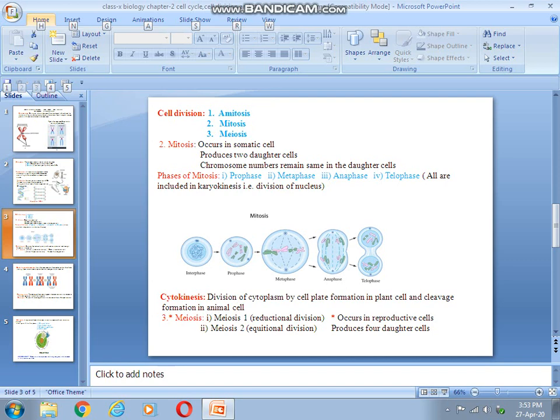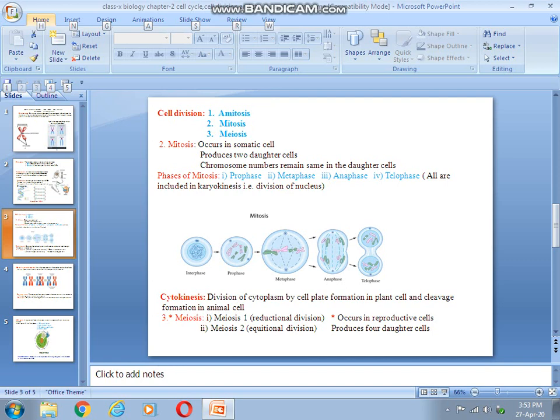Now, what is the occurrence of mitosis? Mitosis occurs in somatic cells. Another name of somatic cell is body cells. So mitosis occurs in somatic cells during growth, development, or repair of an organism, hence also known as somatic cell division. Then meiosis. Actually the total process of meiosis is not included in the syllabus. Very selective parts we have to learn. After completing mitosis, I am going through meiosis.